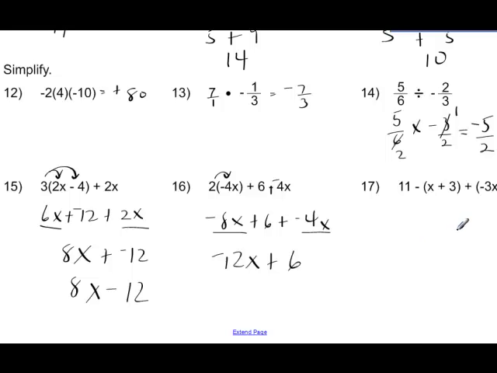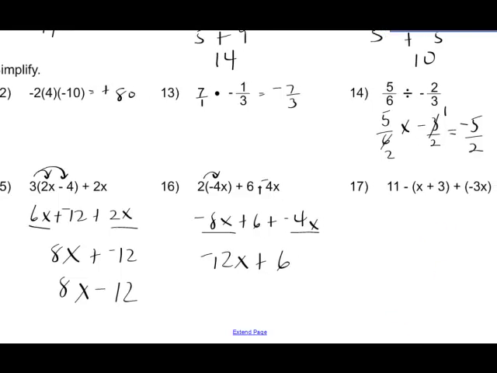Okay, we know from class that this minus in front means I have to distribute it throughout the parentheses. So if we put a 1 there and now do our same change switch, that's actually a negative 1. So now I can do my distributive property. Negative 1 times x is negative 1x plus negative 1 times 3 is negative 3. And then I have this negative 3x there. Okay, I have a negative 1x and a negative 3x. This is a negative 4x. Positive 11, negative 3 gives me positive 8. So hopefully this helps you